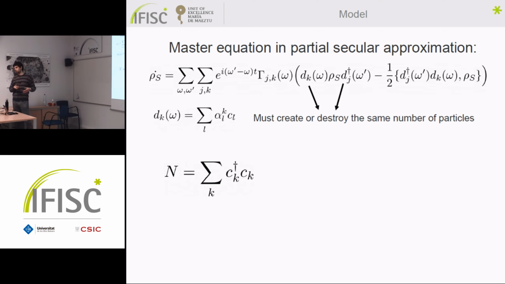What do we want to do? We want to search for a symmetry given by this fact. So what I'm going to do now is define this n. This n is the number operator. It's counting the number of particles in your system. For instance, if you have a laser, you say, okay, I have 8 photons here. This is exactly what this number operator is doing.